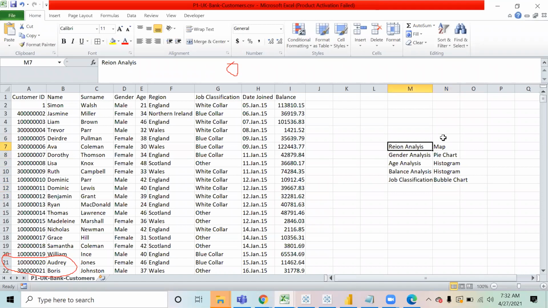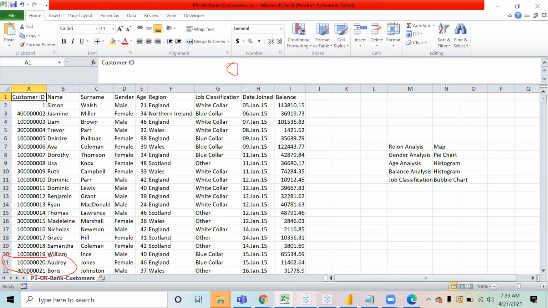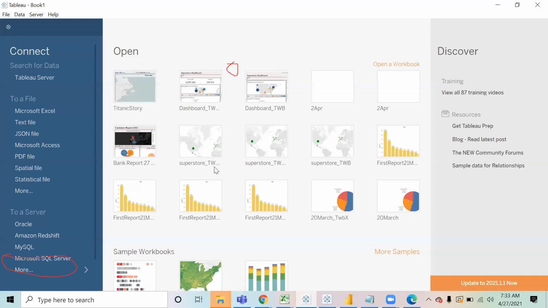In every analysis, you will learn some new features of Tableau. That is why I'm saying this is a very important activity. To do the analysis, you all will be using Tableau Public, but I will be using the Tableau licensed software today, because I would like to show you certain features which are available only in the licensed software, but not in Tableau Public.